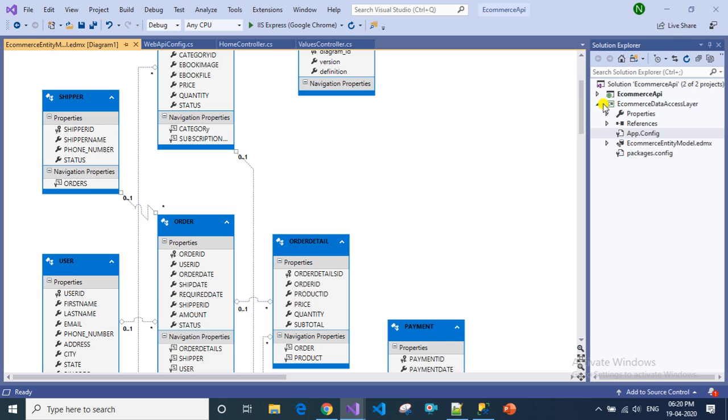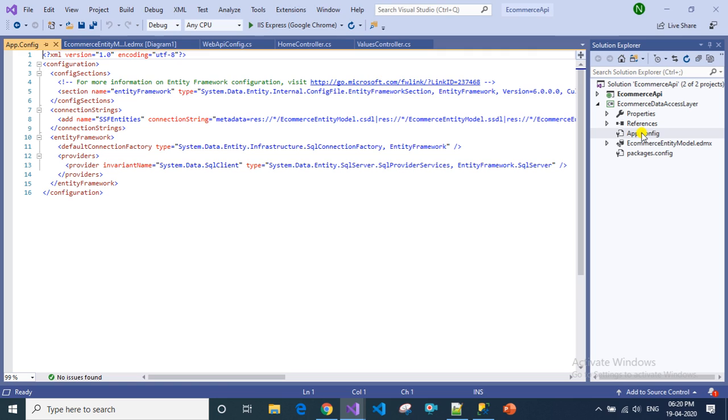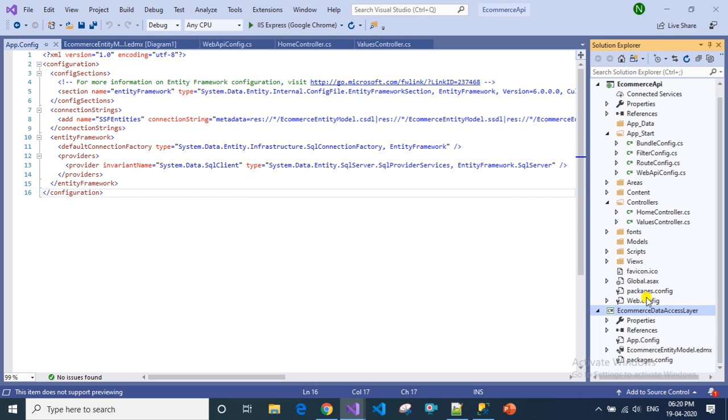Within this entity model data access layer, you can see app config, where you can notice SSF entities, which is pointing to the database. So you have to copy this and paste it in web config.